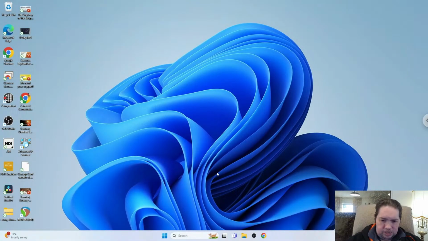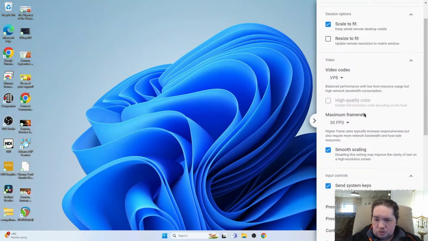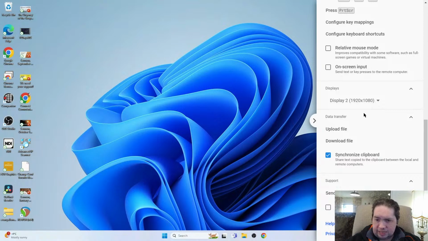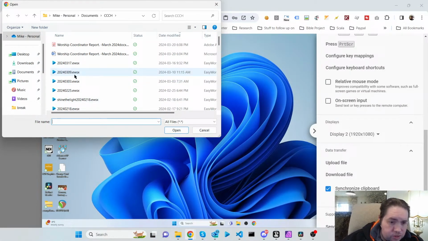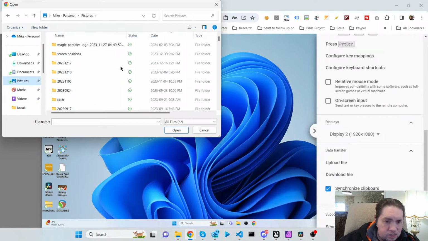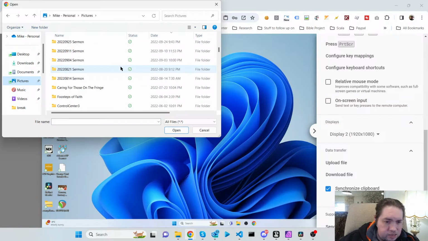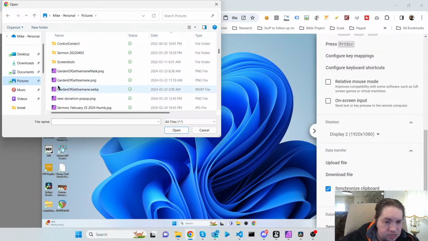And now we can go in and we can upload our assets. So we have a couple of assets. We have the mask asset and the video asset. So we're going to upload the files here, and let's upload the image mask first. And that is here, the Gethsemane mask here,